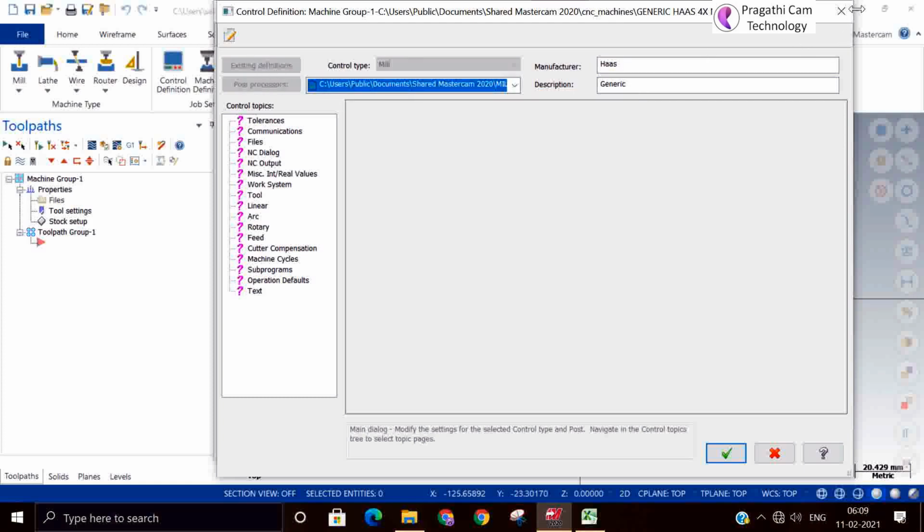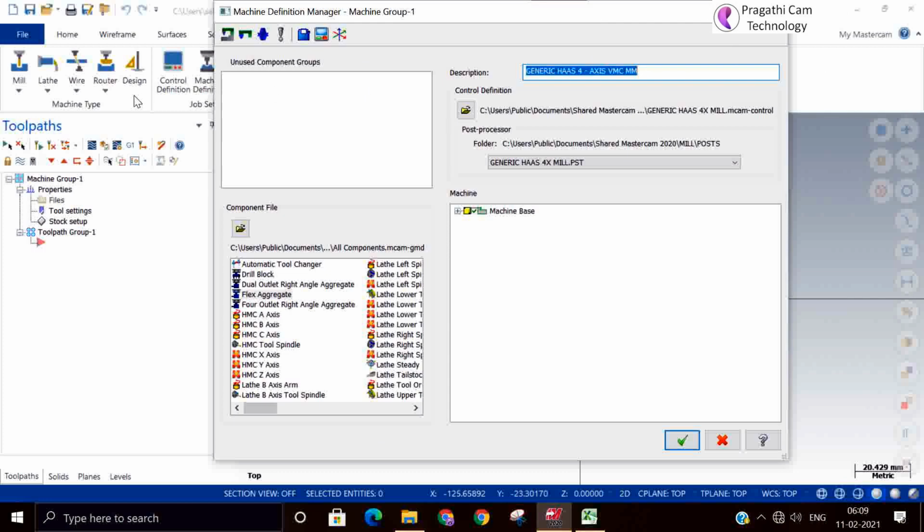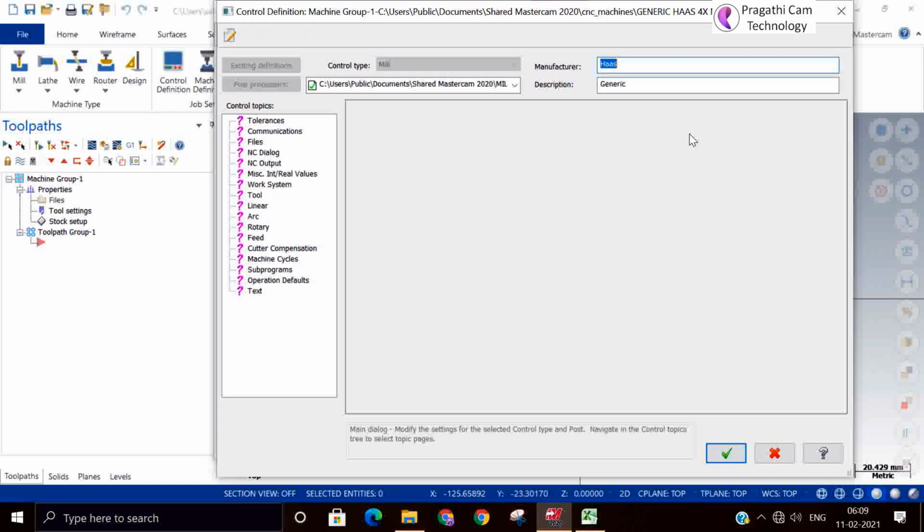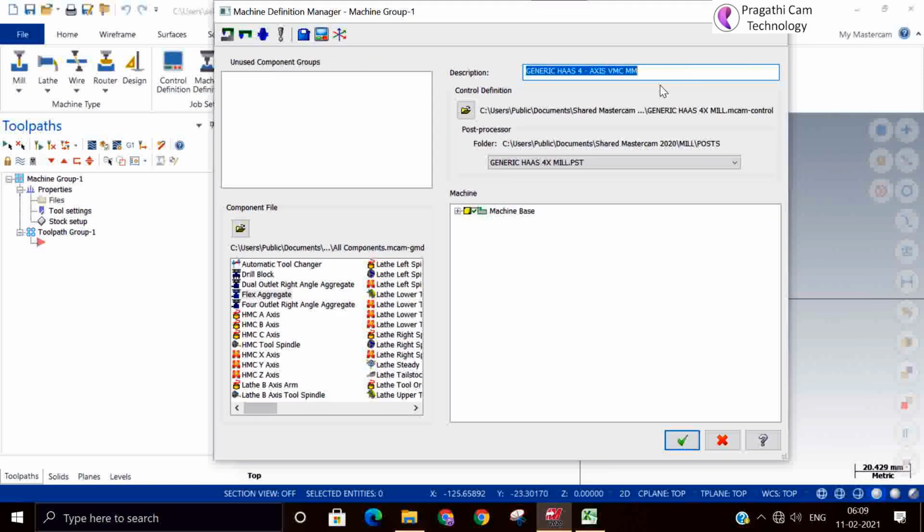Everything is grayed out. Since we came directly from the machine, it will not allow you to edit. If you come from the machine definition manager, then definitely it will allow. So this is your post processor.